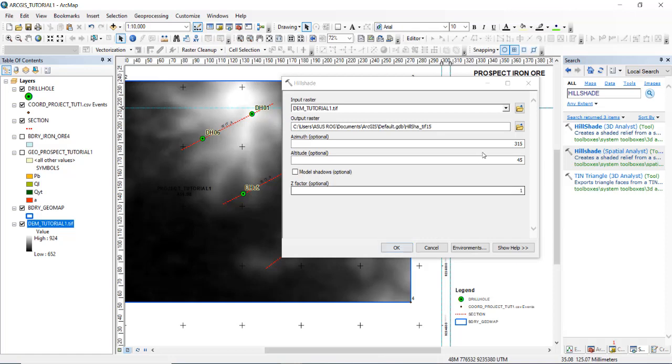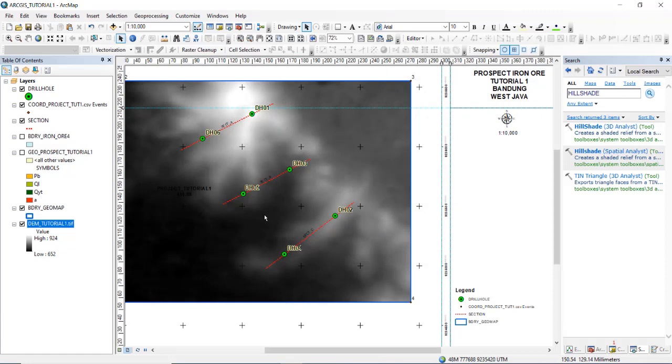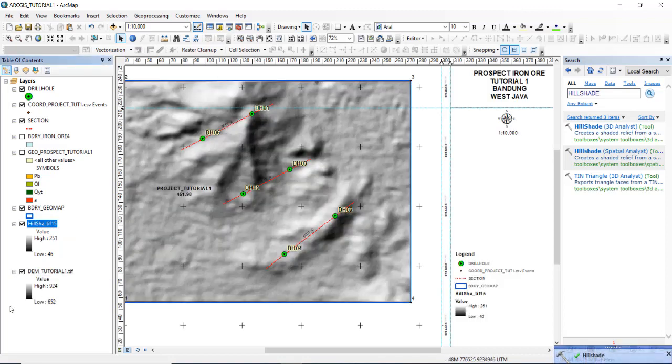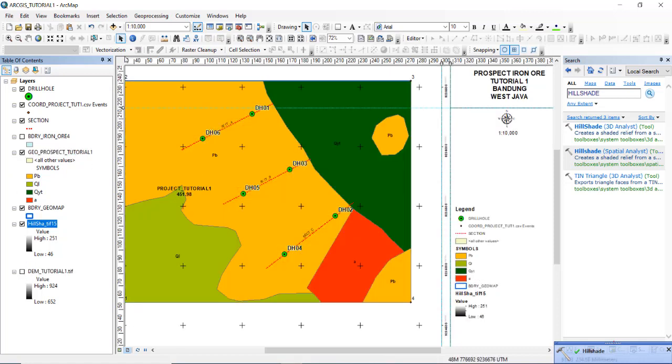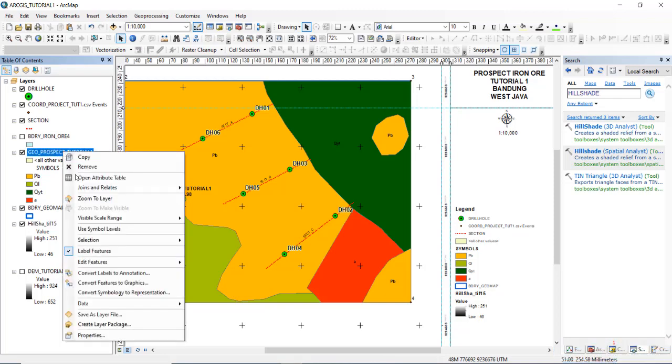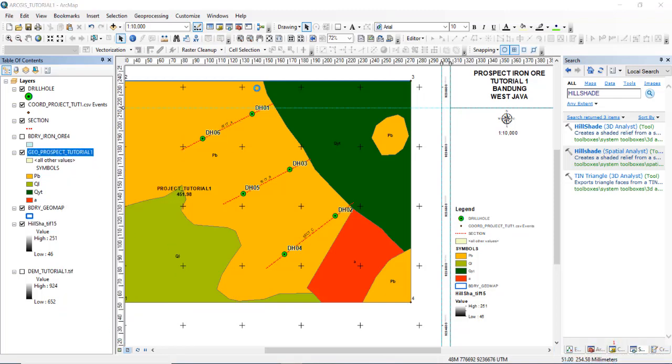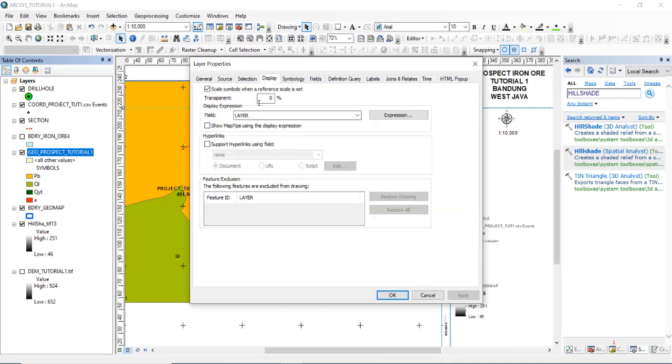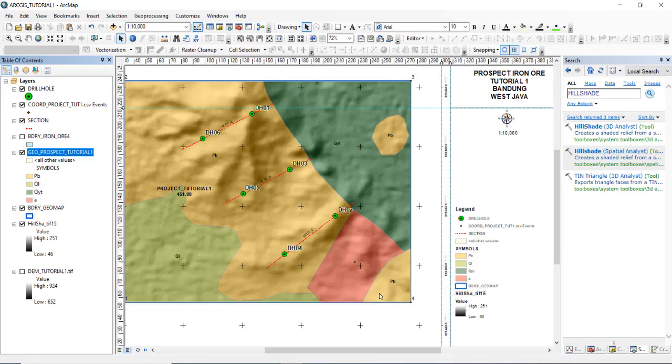Okay, no change here, just okay. Yeah, we have the hillshade. If overlaid by the geological map, lithology, set the transparency display to about 60%. Good. We have the morphology for this area.